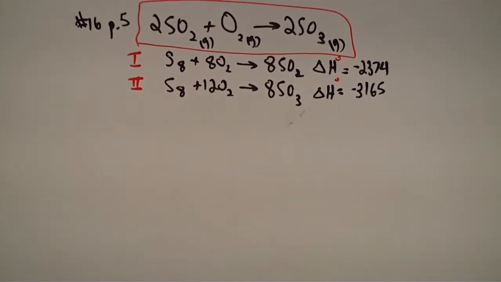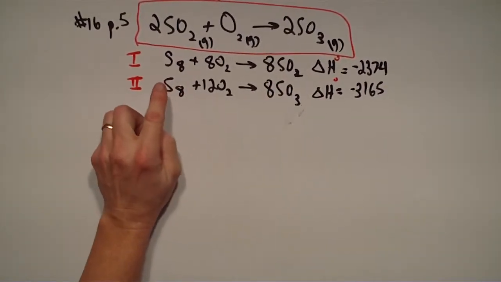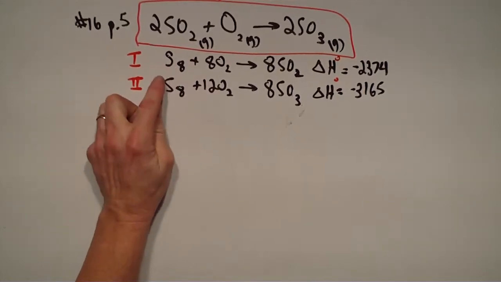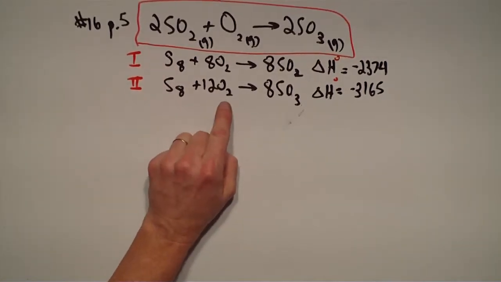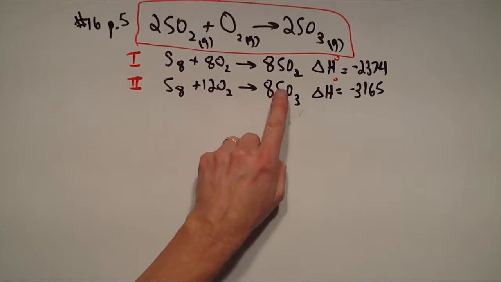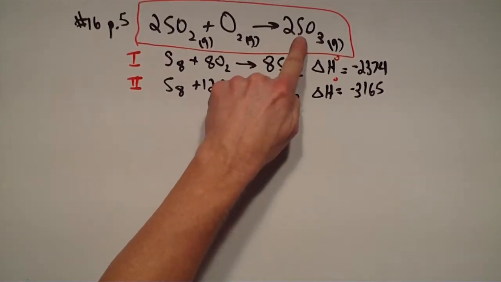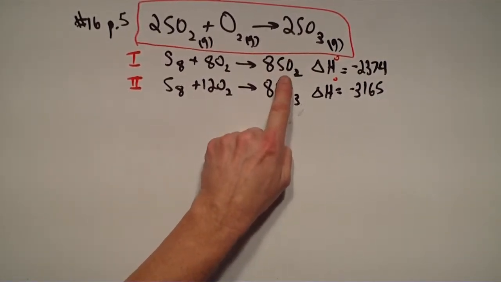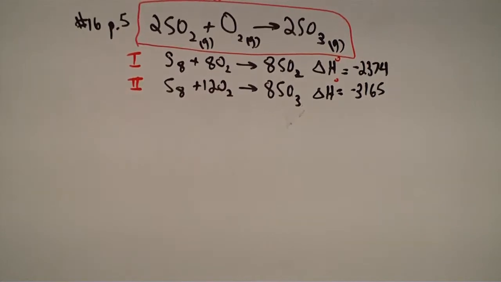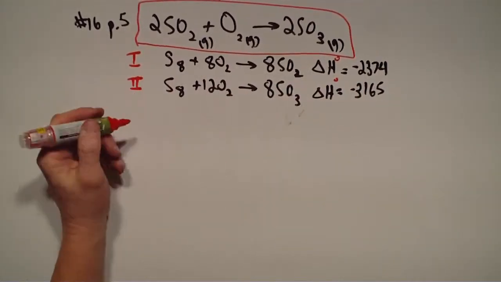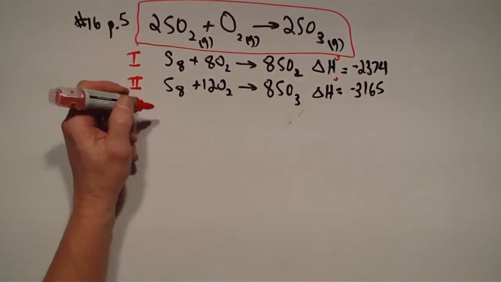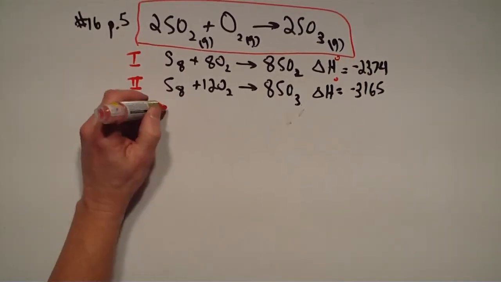Now I take a look at this, and what I need to try to do is use these reactions. We're going to have to eliminate the S8 here completely. We have to eliminate some of the oxygens, and we have to get these on opposite sides of the reaction. SO3, we want to keep that on the right. The SO2 we want to put over here on the left. So it looks to me like my first step is going to be, I have to flip that first reaction around. So number 1, I'm going to change that and flip it around and put the 8